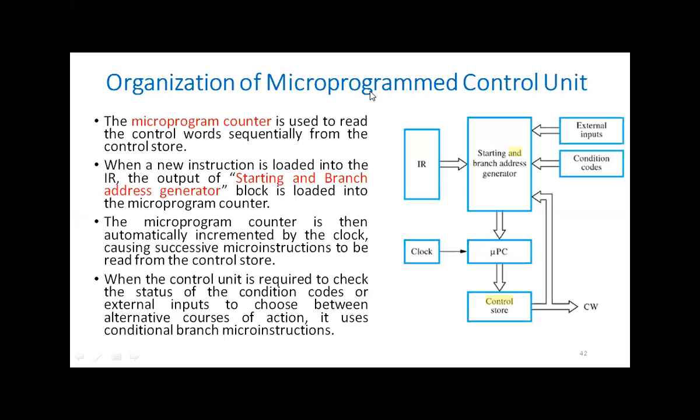Microprograms are used here, and they are present here. A microprogram consists of several micro instructions. Which micro instruction will be executed is selected based on the microprogram counter value. The microprogram counter gives the address, and that is loaded into the microprogram control unit. Based on this address, the micro instruction is selected from here and generated, and based on that the signal is generated.